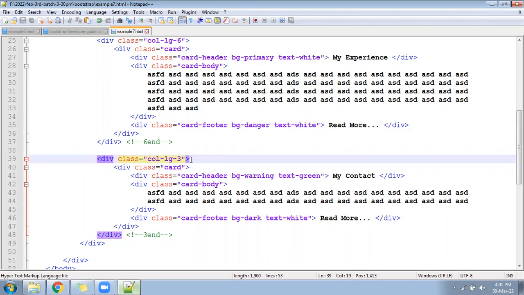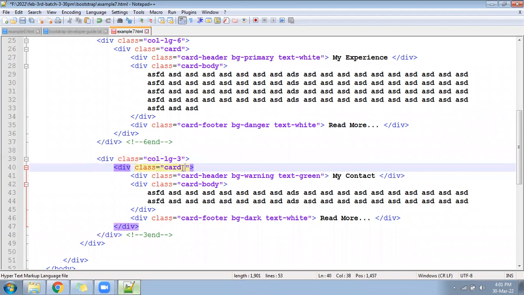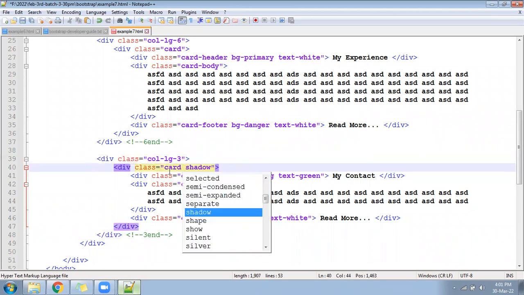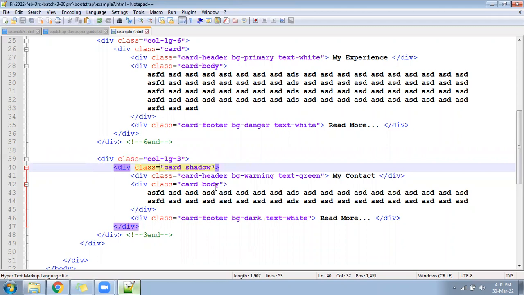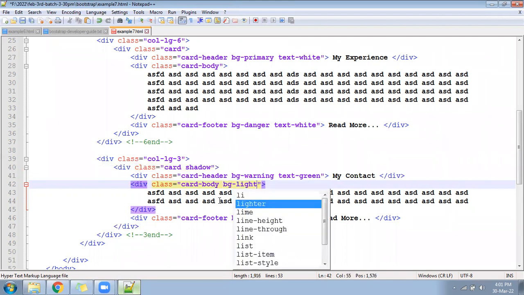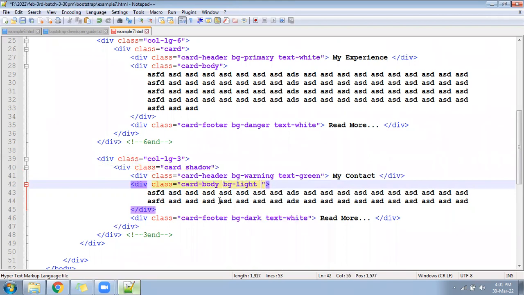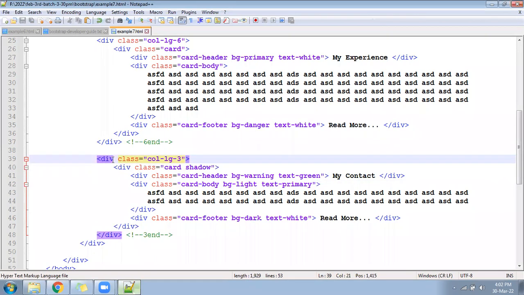We have one class, the shadow class. We can apply it to the card, and it will apply a little shadow. For the background, if you want a different color, you can write bg-light and text-primary, some color combination. Many colors are there, so you can use any background color.